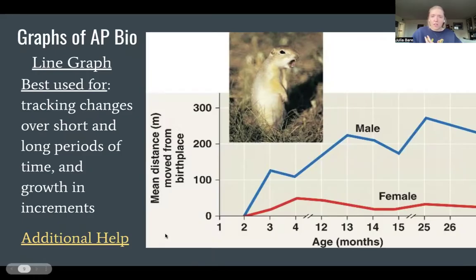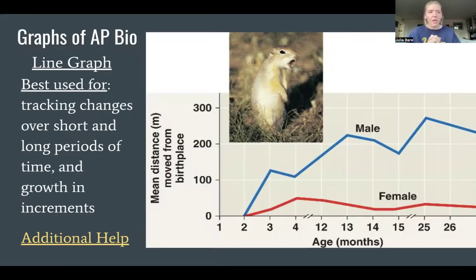Now, again, as we're going through these graphs, you should be filling out that chart. You should be thinking about what hypotheses the researcher could have come up with for this experiment, what variables the researcher is using, and what the methods of their collection are. That's what you're filling in on the chart that was at the beginning of this lesson. So for a line graph, you're going to look at